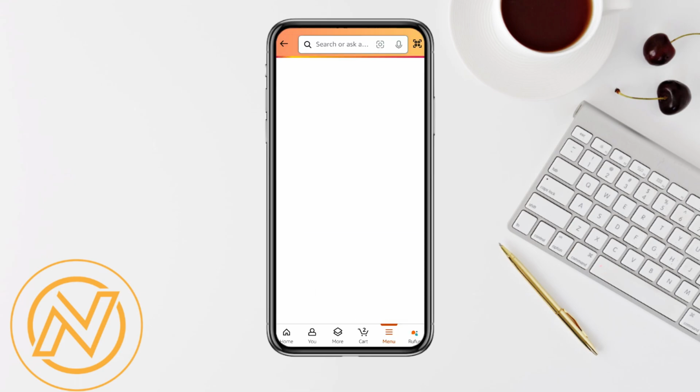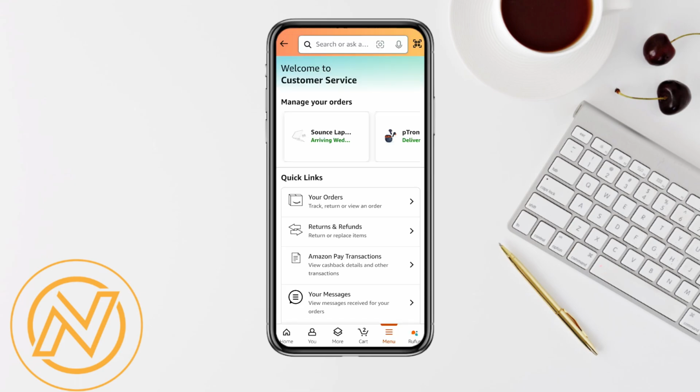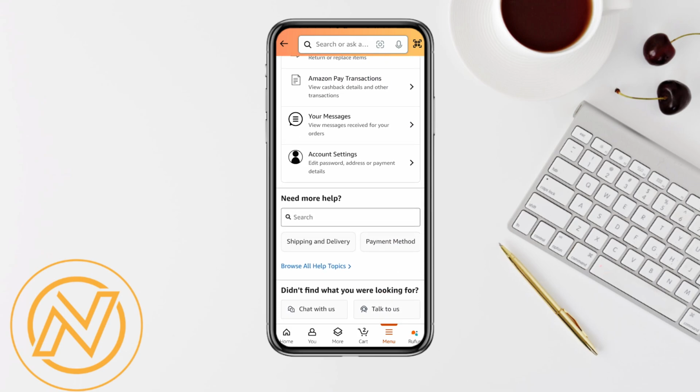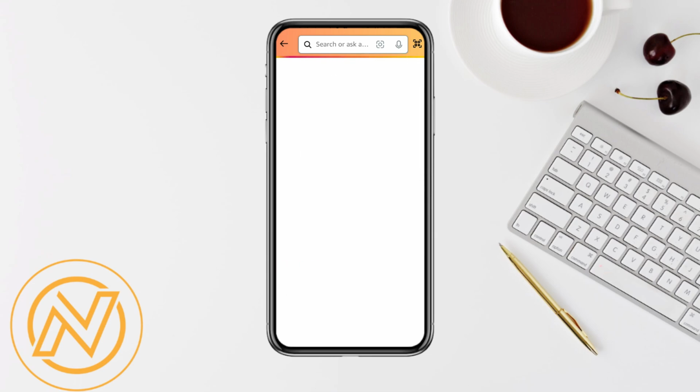Just simply tap on it, and once you are there, you simply have to scroll down again until you see the option called chat with us, or you will also have the option called talk to us. So if you want to talk to them, you can click on talk to us, and if you want to contact through the chat support, you can click on that. So I'm gonna click on chat right now,